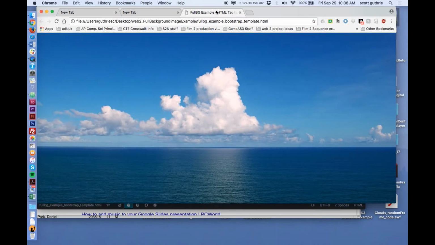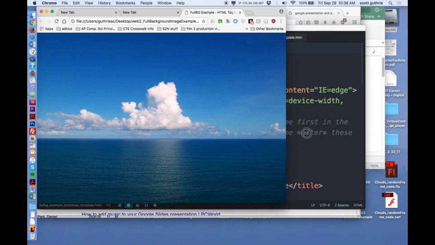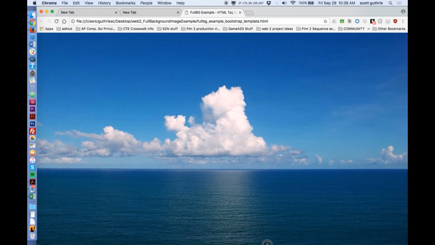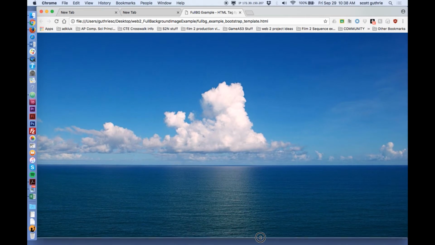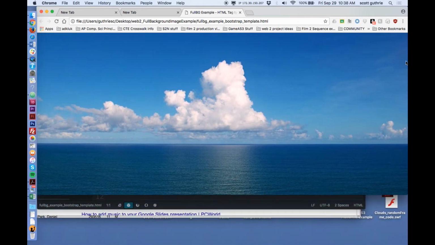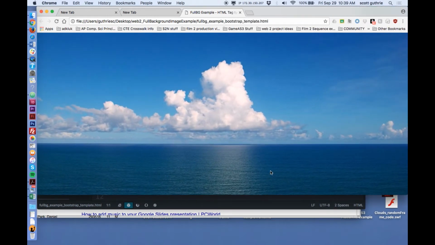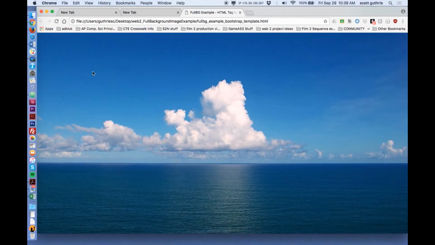All right, now we're going to make a full screen background image via Bootstrap. Now here I have an image and there's nothing else on the page. We're actually going to take this idea, place the image talking to the HTML tag, believe it or not, and then we're going to find one of our navigations and place it on the top as a sticky navigation, and